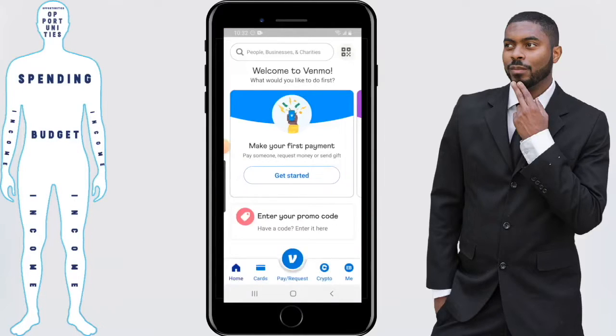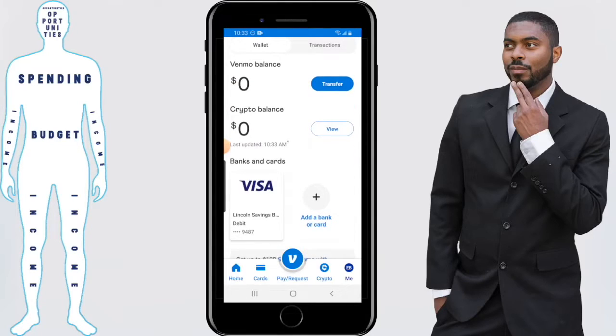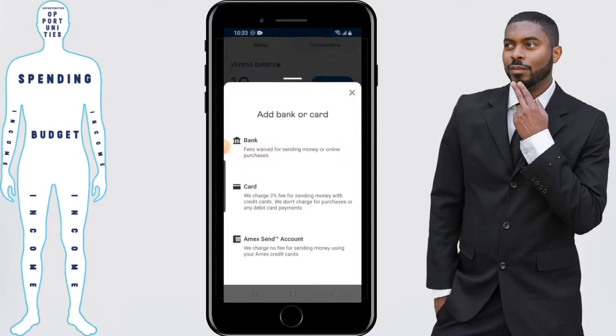And once you've logged into the home screen, you'll want to click on the Me icon at the bottom right hand corner. Once there, scroll down and you'll see banks and cards. You have the option to add a bank or a card by clicking that plus icon, so that's what you want to do. You'll then want to select card, but keep in mind what it's saying there, that they charge